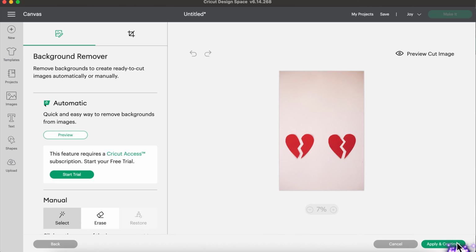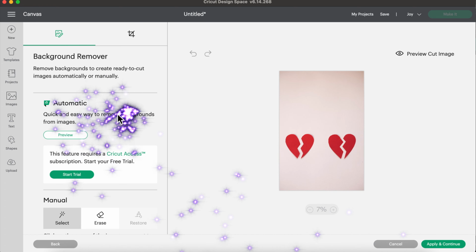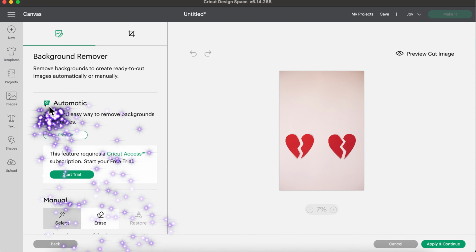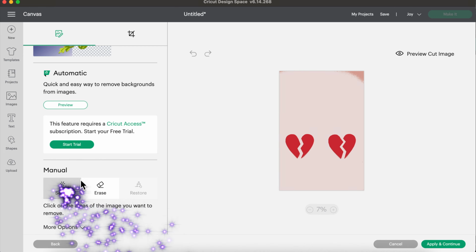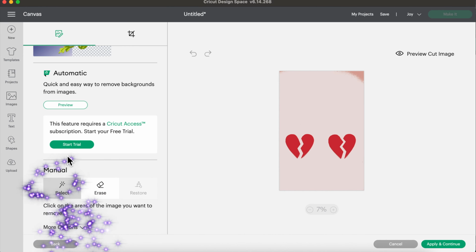Once you hit continue, this is what your screen is going to look like. So if you do have Cricut access, it will automatically remove the background for you if you would like, but I do not have Cricut access. So what I'm going to do is scroll down to the manual section down here, and I'm going to click select, because what it's doing is selecting the areas that I want to remove on the